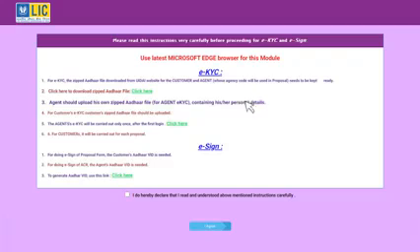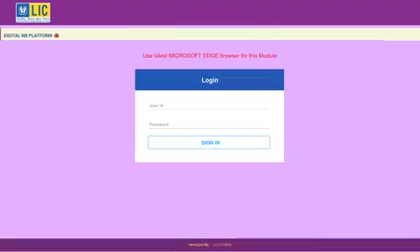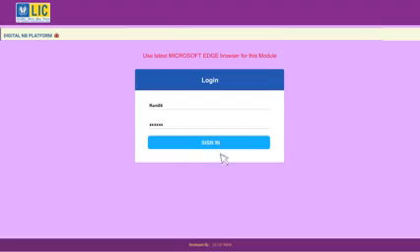This page has all the instructions relating to eKYC and e-signature. Before you proceed, please read the instructions carefully. First, generate the Aadhaar XML file for eKYC and then generate VID number for e-signature for both agent and the customer. After reading the instructions, click on the declaration and then click on I agree button and proceed to the next page. Here, key in your credentials, that is your user ID and password, and then click on Sign In